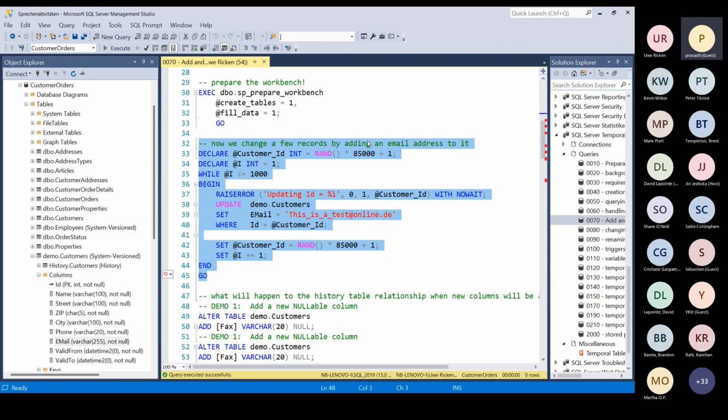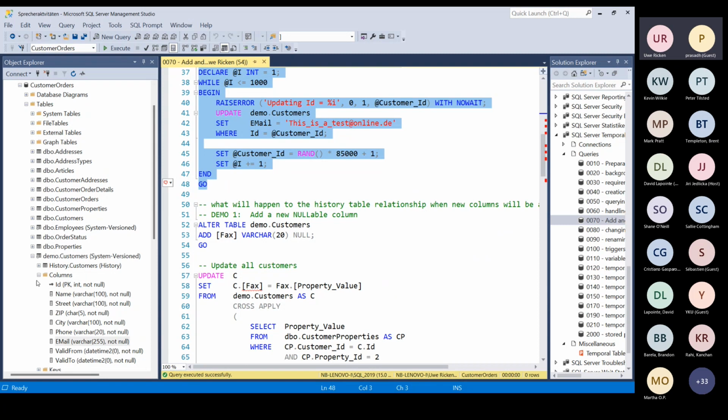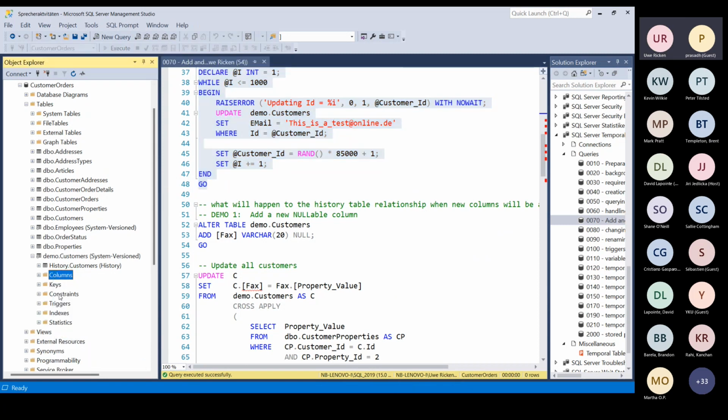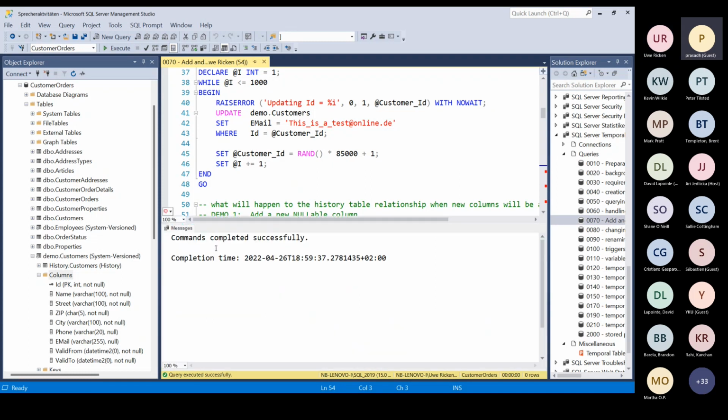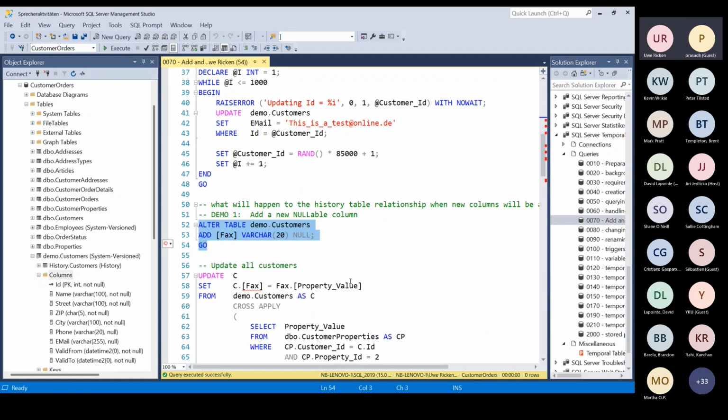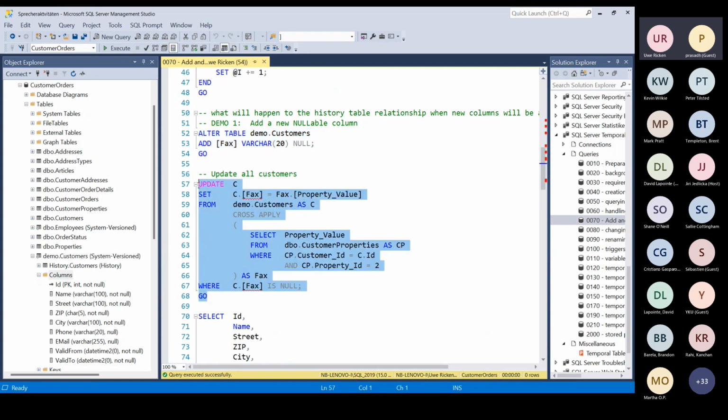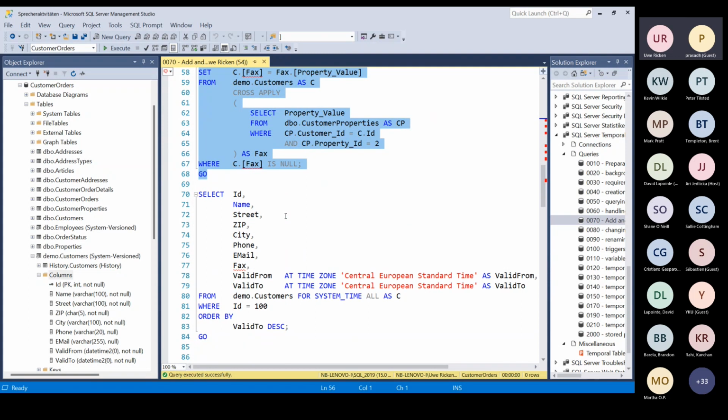Okay. Here comes the first thing. So our table now, refresh, should have a new attribute called fax. So that must be a varchar 20, and it is allowed to be empty. We'll do that. Done. So far, okay. And now I run an update on it. So a few thousand rows will now be updated. So the fax number of these customers, let's see how many they are. I don't know, but okay, that must be a few thousand. And now the fax number is